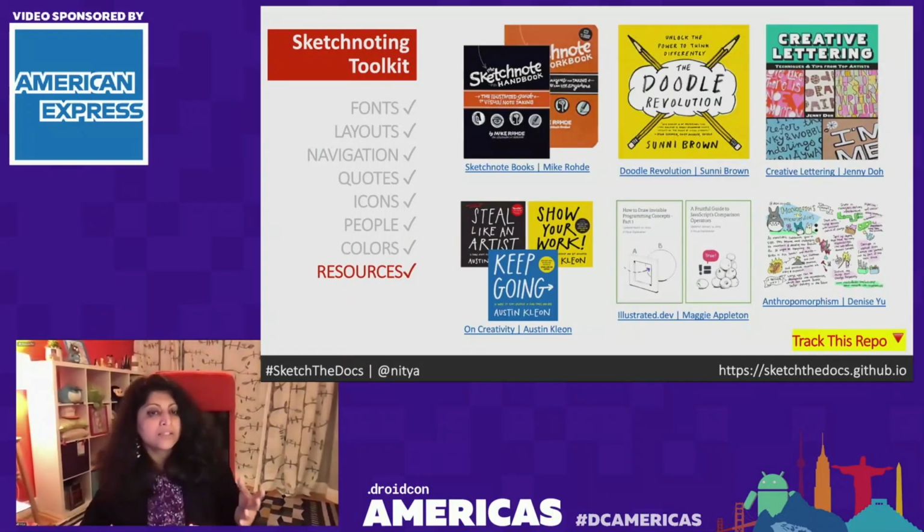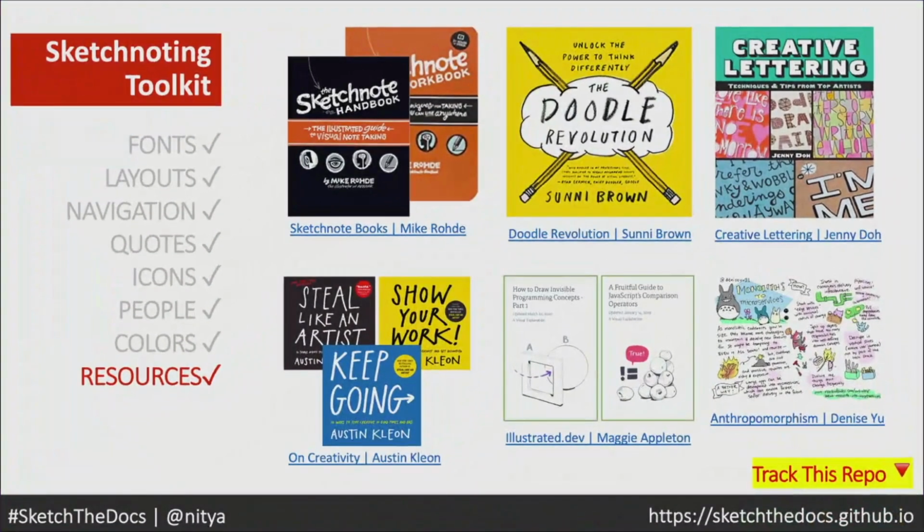So that kind of gives you the basic sense of a few tools in your visual storytelling toolkit to start your sketchnoting. These are amazing resources to get you started. Don't worry too much. If you want to take a screenshot, you can, but I'm going to put all of these into that repo that you see there, sketchthedocs.github.io. So if you just remember one link, go remember that. I'll put these slides up there along with all resources. But I generally recommend reading the 3 books at the top level and then exploring the 2 sites at the bottom.